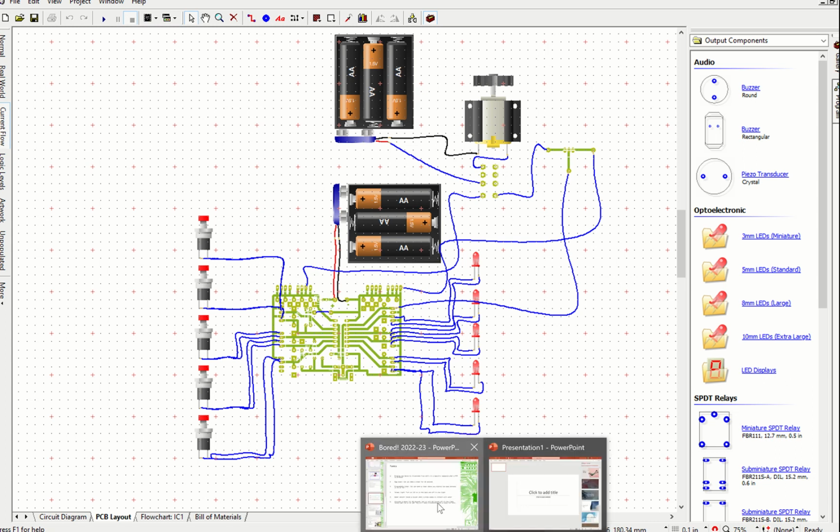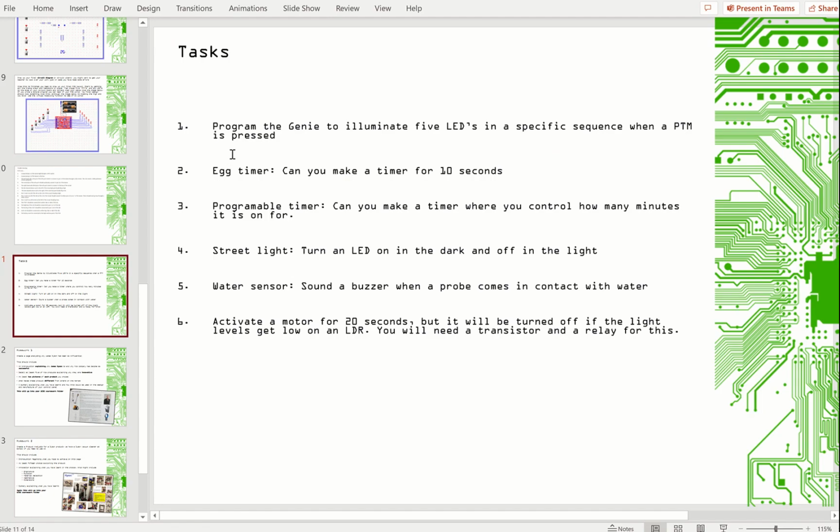Okay, gents, I'm in my year 10 lessons with my 10.4 who are moaning about this particular task here, programmable